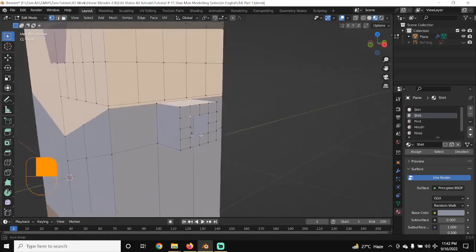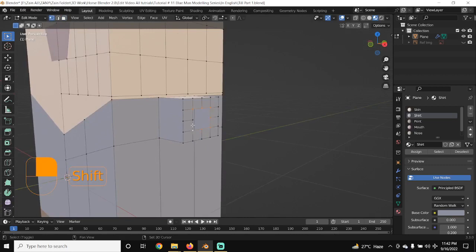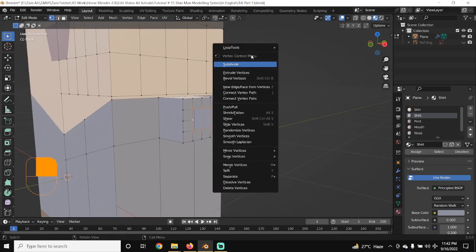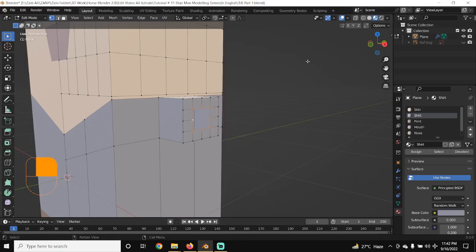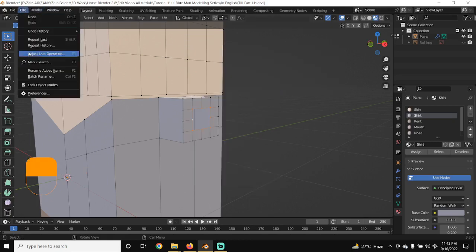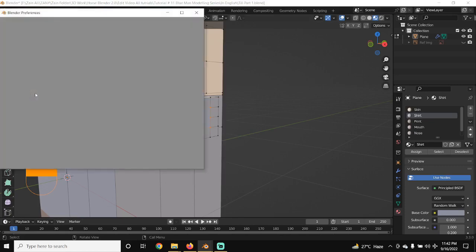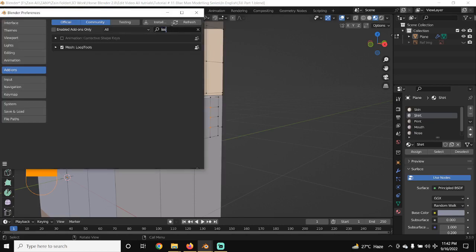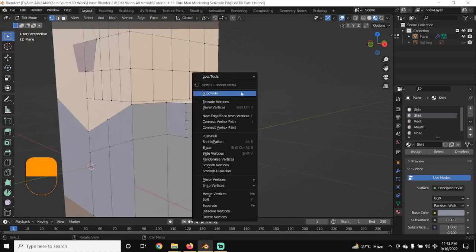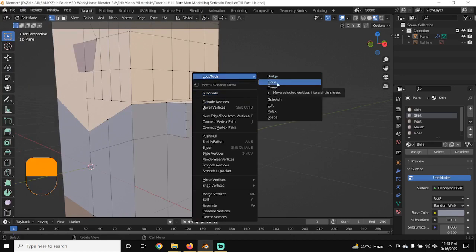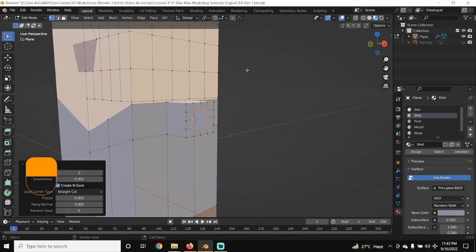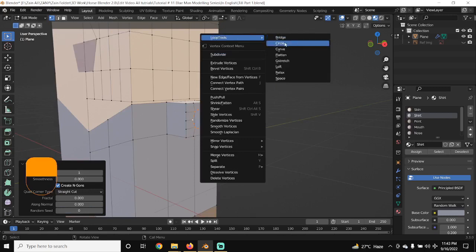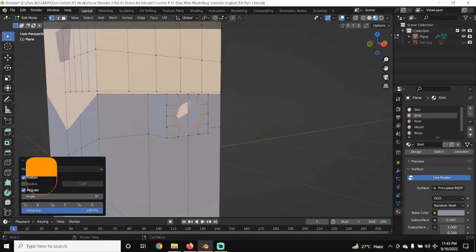Select these vertices and right-click, and you have loop tools here. If this add-on is not enabled, go to Edit, Preferences, and from the add-ons search for loop tools and check mark it, so all the loop tools will be available here above the subdivide. Open loop tools and make it a circle, and again subdivide, and again use loop tools and circle,